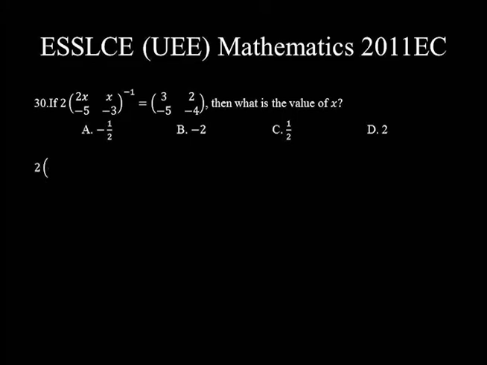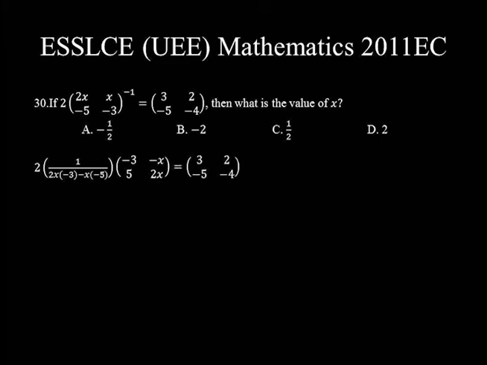2 times the inverse of this matrix is solved as 1 over the determinant of the matrix, that is 2 times negative 3 minus x times negative 5, times this matrix, that is switch negative 3 and 2x and multiply x and negative 5 by negative 1. Then the expression becomes negative 3. Negative 1 times x is negative x. Negative 1 times negative 5 is 5, 2x, which is equal to the right hand side matrix, that's 3, 2,